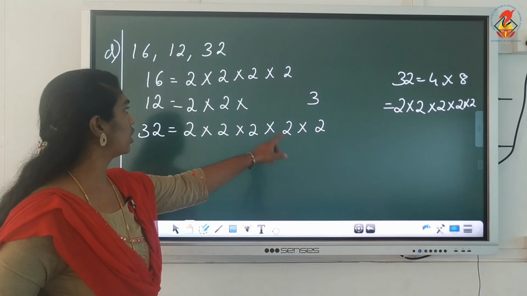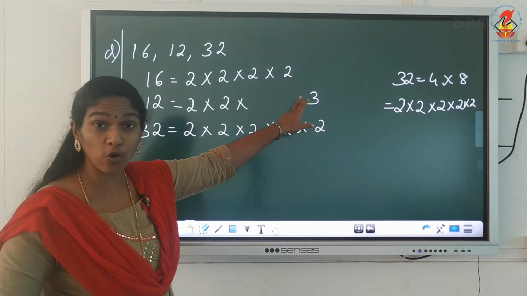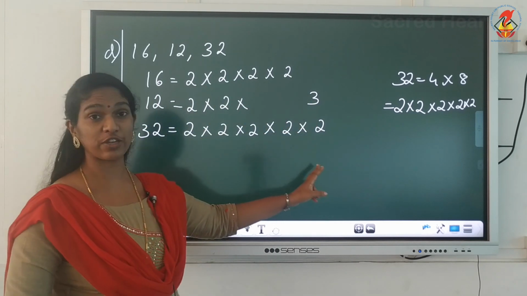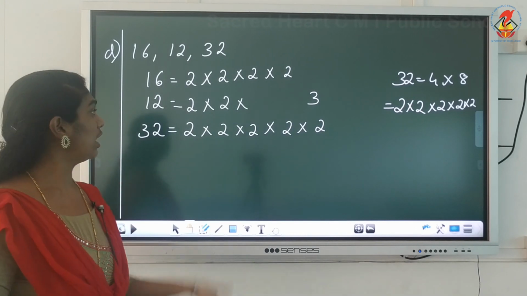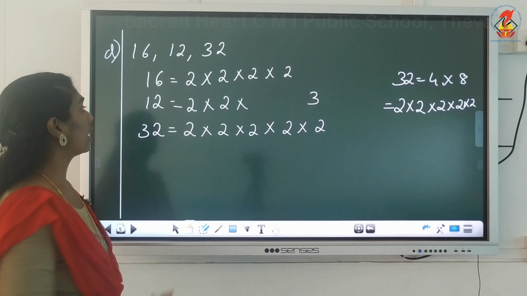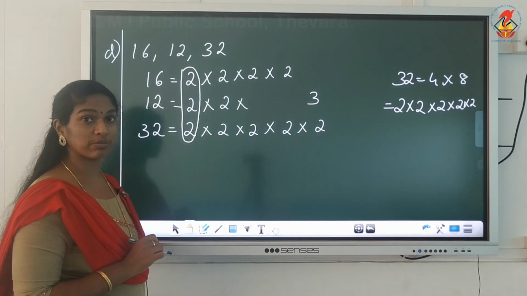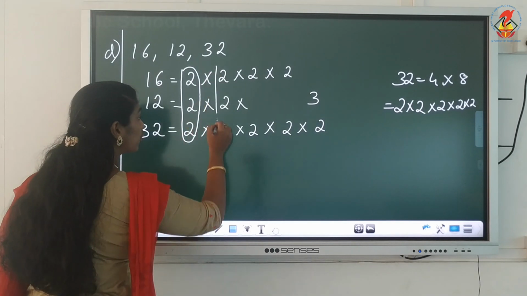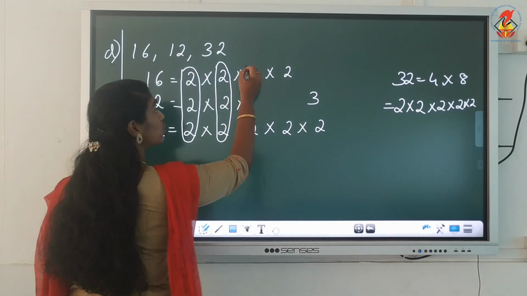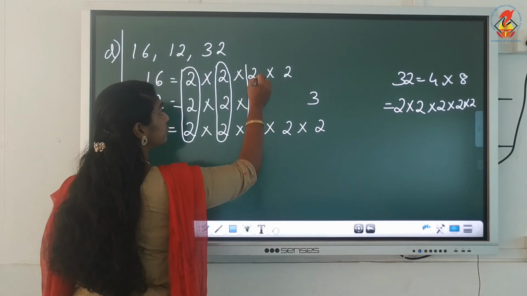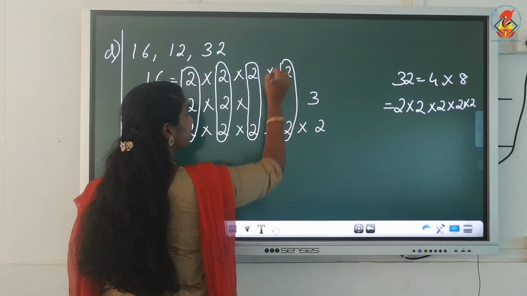5 2's are there. So for 8 there are 3 2's, 2 into 2 into 2. For 16 there are 4 2's. For 32 there are 5 2's. If you keep that in mind, straight away you can write the prime factorization. Okay. Now I am going to group it, children. I made a group over here. It's common in 3 numbers. I made another group over here. It's common in both the 3 numbers. I can also make a group over here. Okay? I can also make another group over here.